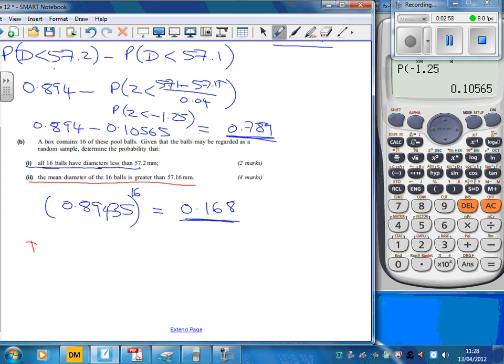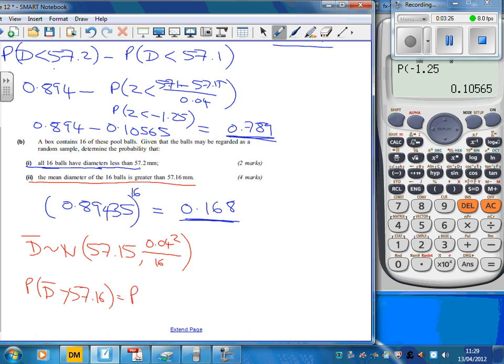So this is when we're talking about finding out the distribution of the means. And of course the distribution of the means is normally distributed, the mean still being the same, and now the variance, which was 0.04 squared, is now 16 times smaller because we've got 16 of them. We want the probability that the diameter is greater than